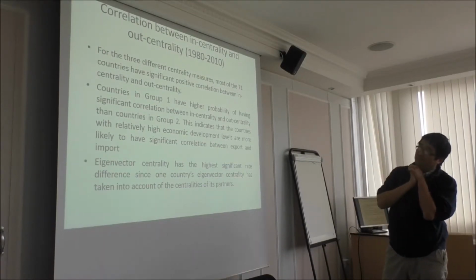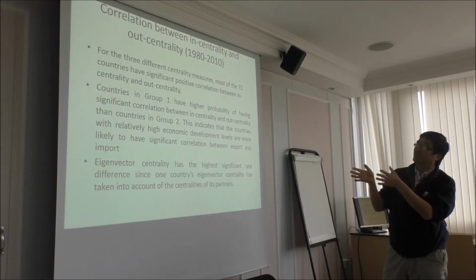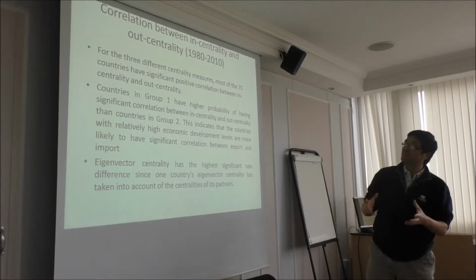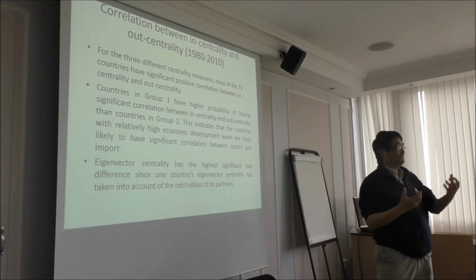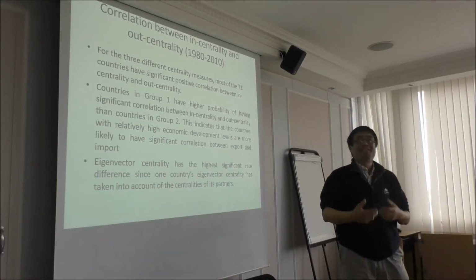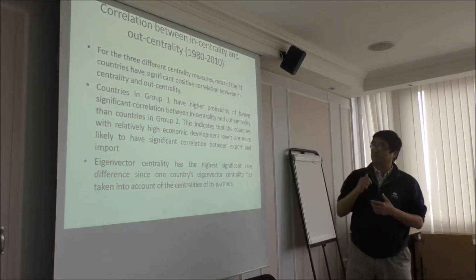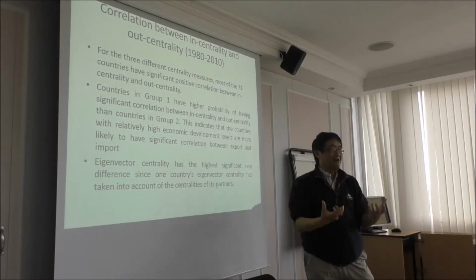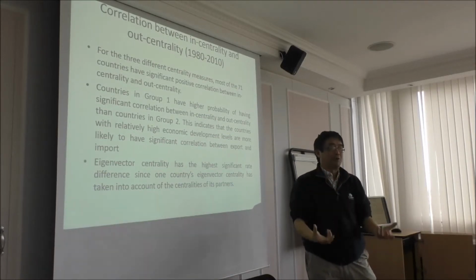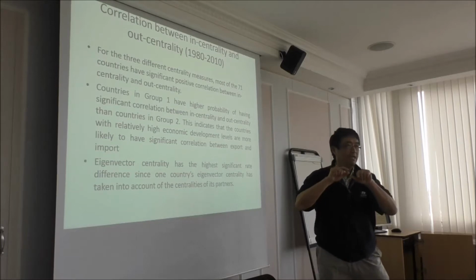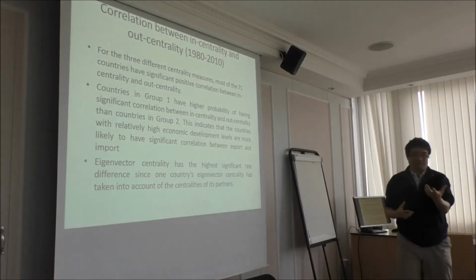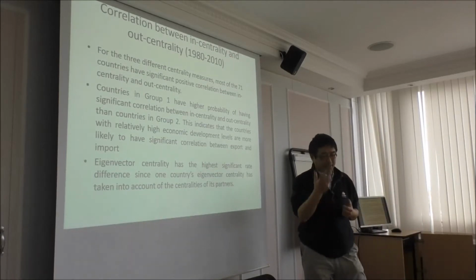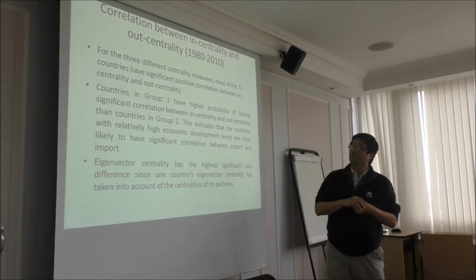Most of the 71 countries have a significant positive correlation between in and out, obviously. Most of the nations would have a positive link between export and import. Export goes up, import goes up. Just to say, going up or going down means the relative percentage in the world, not just the absolute figures. That's important. So that means if you grow more important in the world, your export becomes more important, then your import also becomes relatively more important.